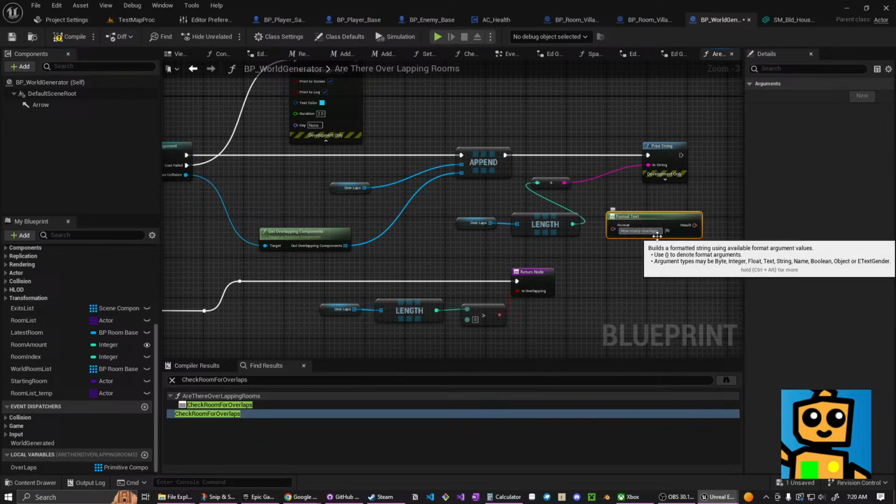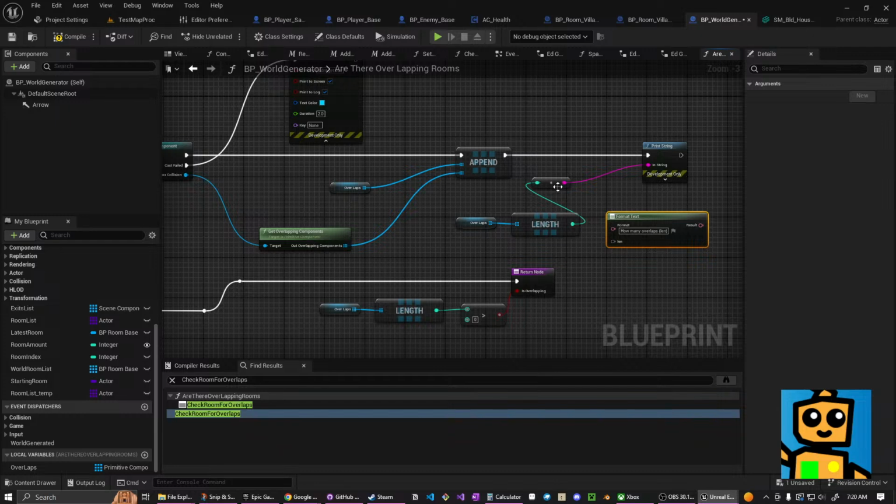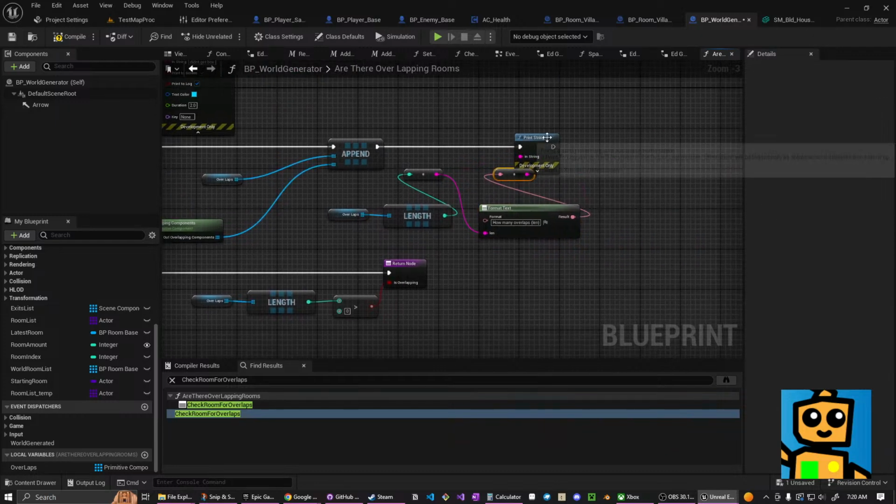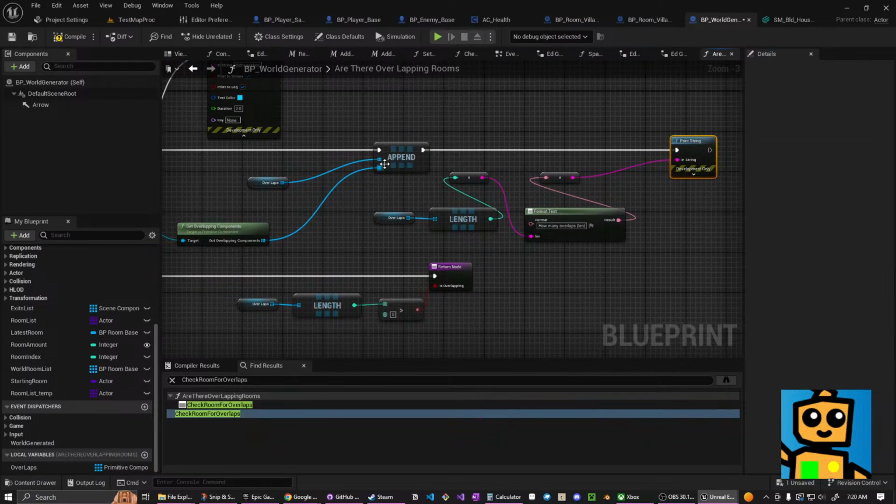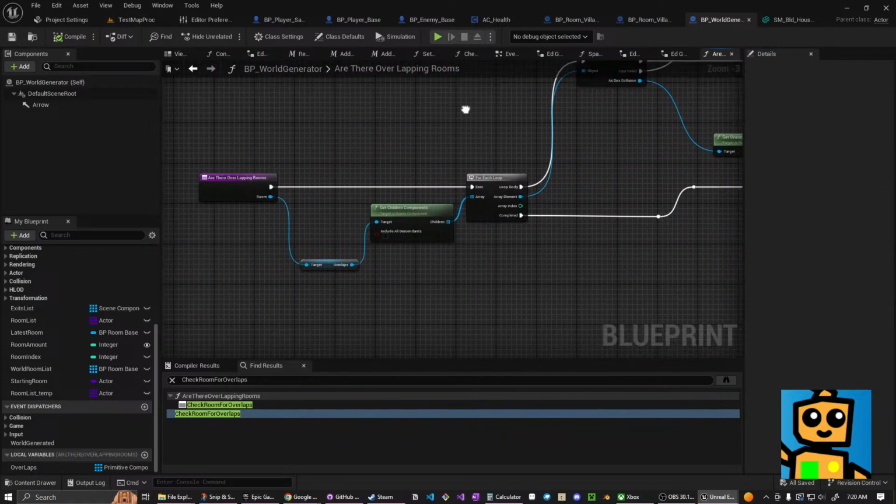And then brackets. Put that. Okay. So now every time we add stuff to this, we'll add to this thing, and then we'll print out the length to see, and then that will show up in our log, hopefully in a place that's somewhat